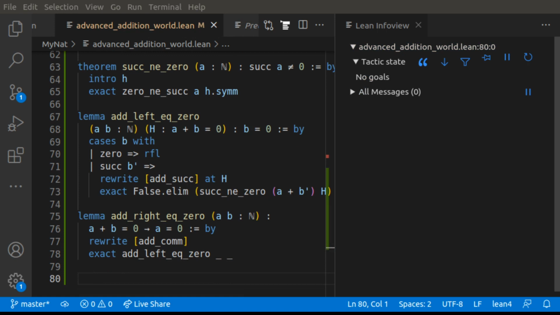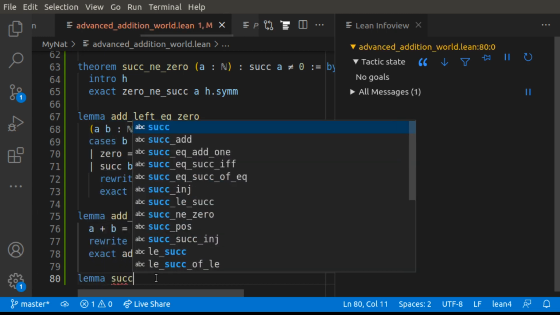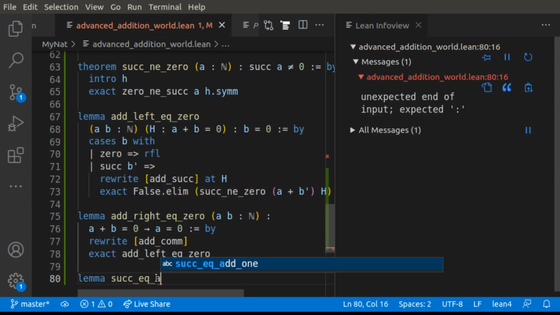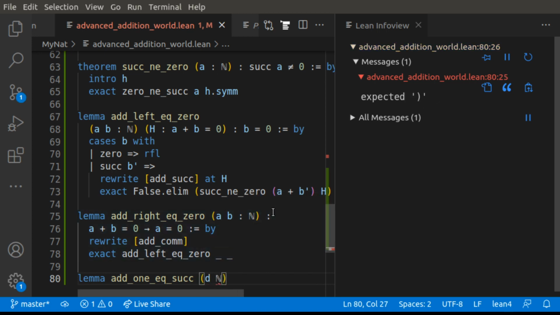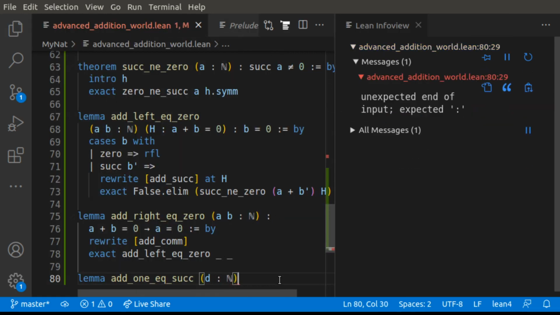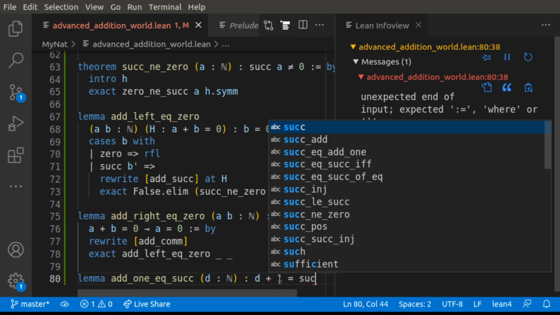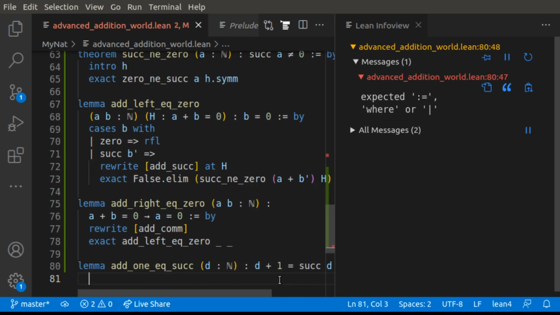Let's move on to add 1 equals successor, level 12 of the advanced addition world. Lemma add 1 equals successor. So we already have successor of n equals n plus 1. Let's go the other way with d being a natural number. Oops, don't want that. We want d plus 1 to equal the successor of d. By, okay,